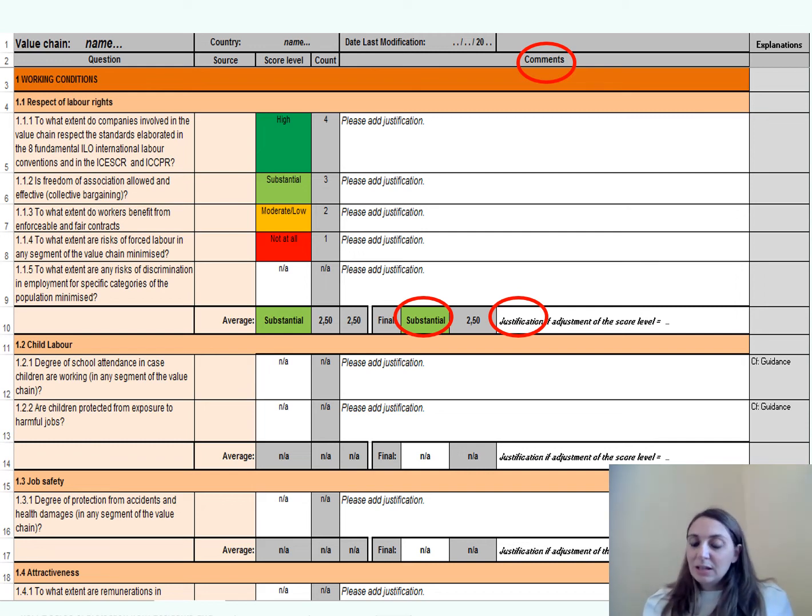But of course, this might be different from the text that you will have in the social analysis, which will be more narrative. So you have these sort of questions for all of the 6 domains. As I repeat, working conditions, land and water rights, gender equality, food and nutrition security, social capital, and living conditions. So you can go through the full list, and then if you have some specific questions that you would like to discuss, we can do this during the briefing itself.